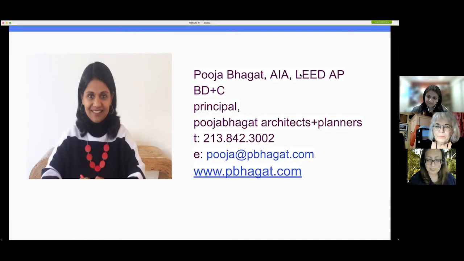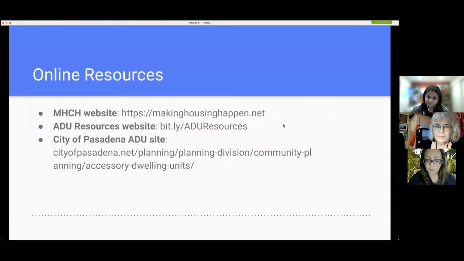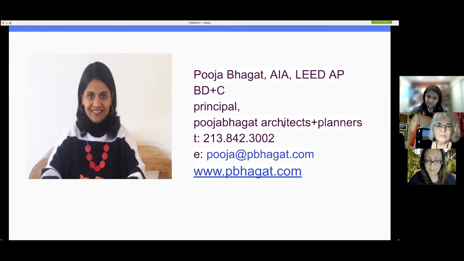Her goal is to make design accessible for all and to contribute to transforming spaces and places for people for the greater good. She is the founding co-chair of the Women in Architecture Committee of the AIA Los Angeles chapter, and she serves on the board of directors for the AIA Los Angeles. Pooja has an undergraduate degree in architecture from Delhi and a postgraduate degree from SCI-Arc, and is a LEED accredited professional. She's also award-winning and just a genuinely kind person.